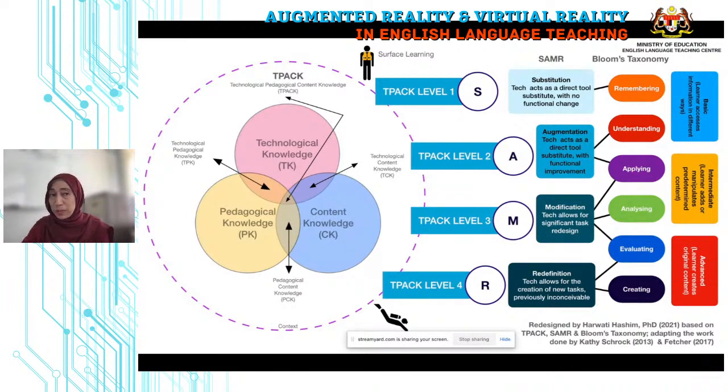Understanding concepts, probably. If they were to have a virtual tour, they can understand concepts of whatever place, for example, and then apply. If they were to start communicating, applications, analyzing, evaluating, and even the highest order thinking skill, which is creating. So if we were to use augmented reality and virtual reality, we can move from TPEC level 2 augmentation to TPEC level 4 SAMR redefinition,